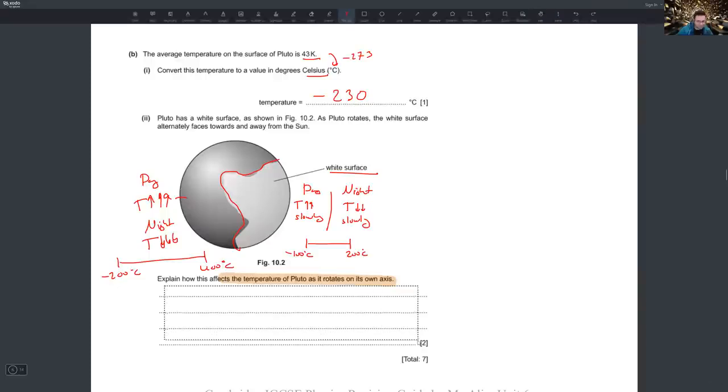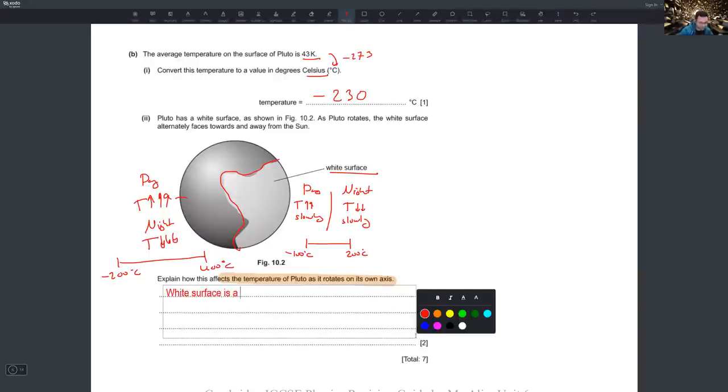That's it: the white surface is a poor absorber and emitter of infrared radiation, so it will absorb less heat when facing the sun and emit less heat when